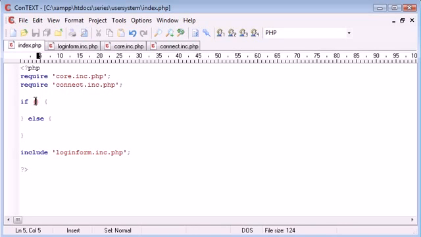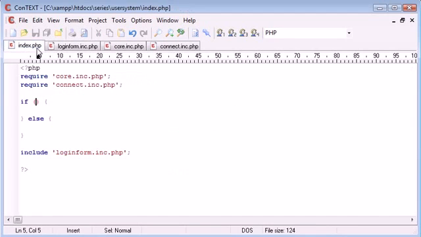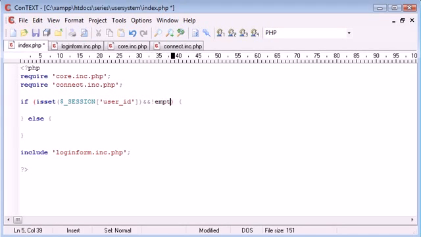Now this means that the user has logged in, because it means that we've gone through the process of setting this to the user ID of the correct user that's logged in, or the user that's correctly entered their details. So all we need to do is say if isset($_SESSION['user_id']) and not empty